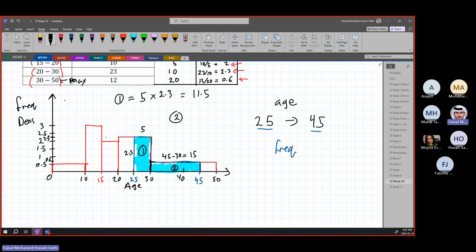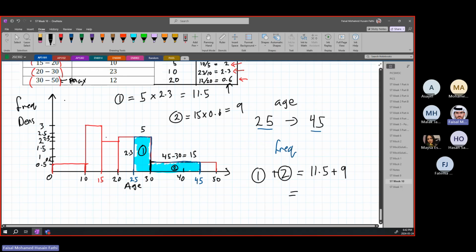So it's going to be 15 times 0.6, which is equal to 9. Now we do area 1 plus area 2, which is 11.5 plus 9. This is going to give us